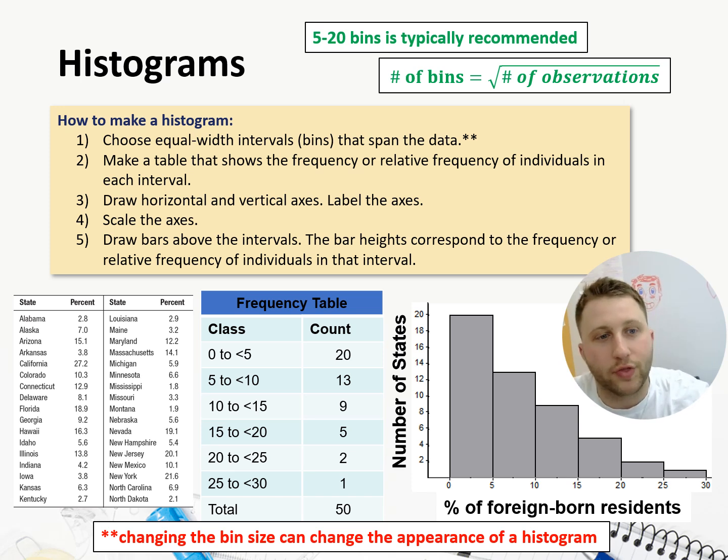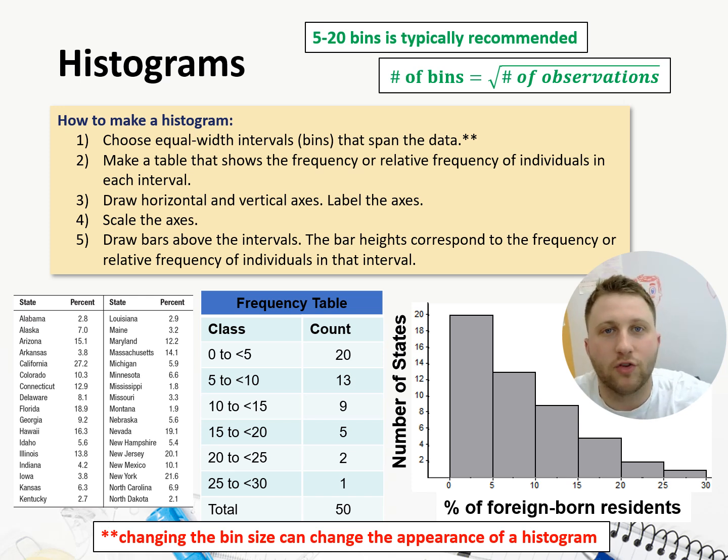We always start with the raw data table. So what you can see on the left is, for each of the 50 US states, the percentage of the residents in that state that are born outside of that state, the percentage of people that currently live there that were not born there. And we can see that some states have very, very low percentages, like Mississippi with 1.8%, other states very, very high, like California with